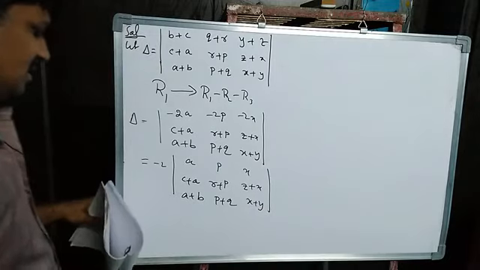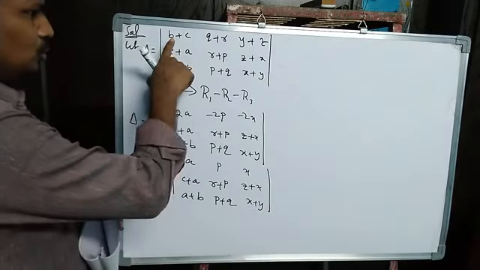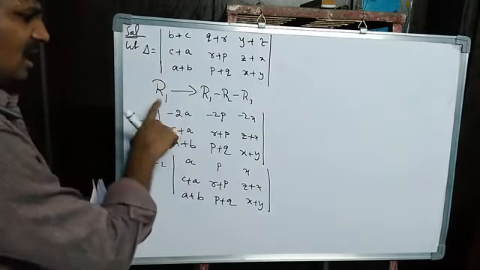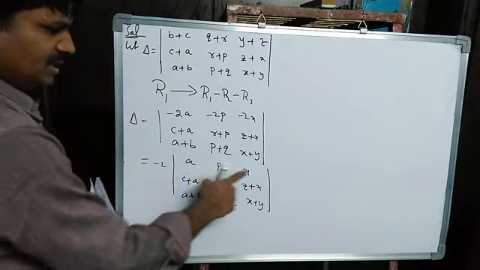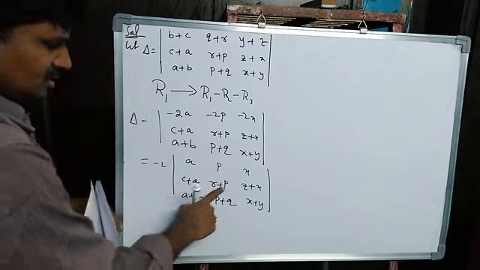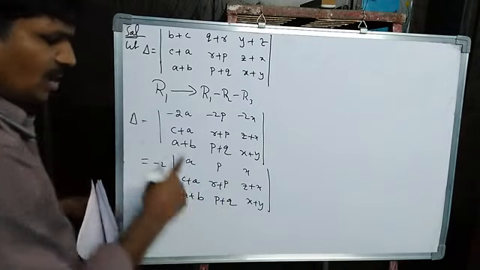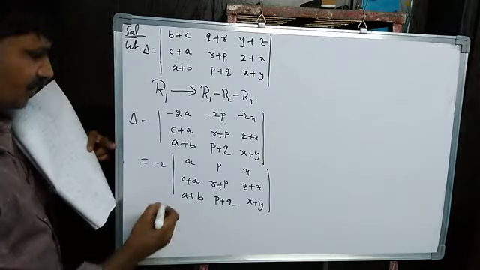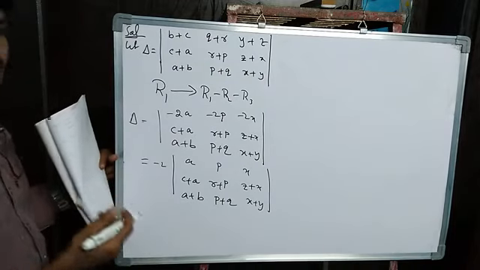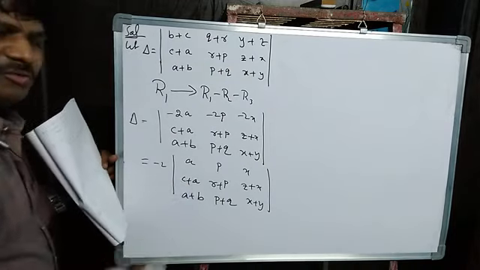Clear? Yes. So here two terms are given, the sum of two terms is given. But after applying this operation, it will be simplified as one term. A, P, X. Now here and here also, in this row also, we have to bring single terms. Here some more operations we have to apply to reduce this sum of two terms.